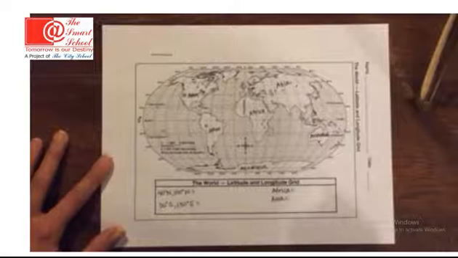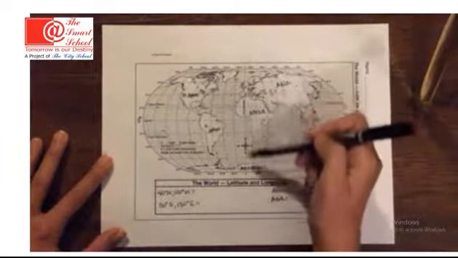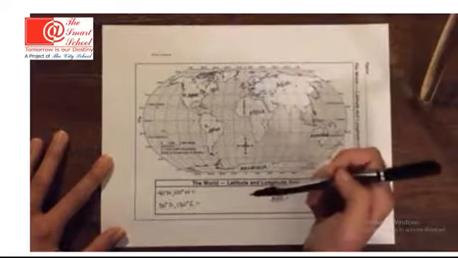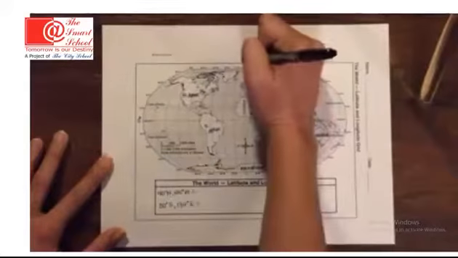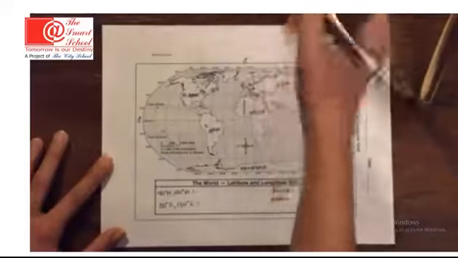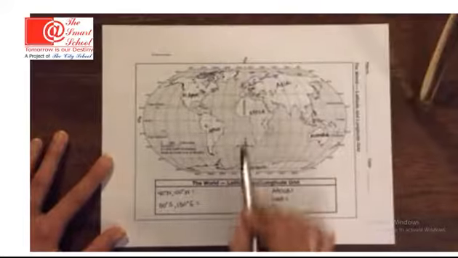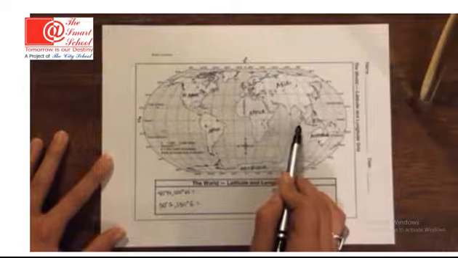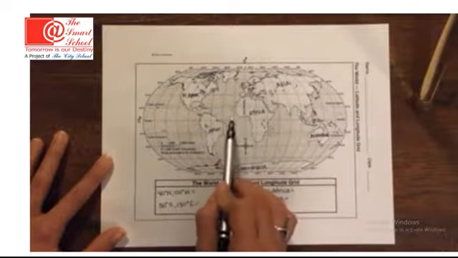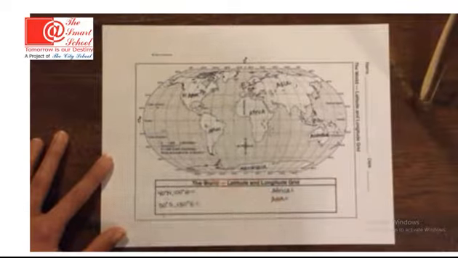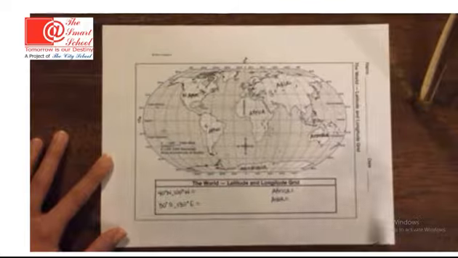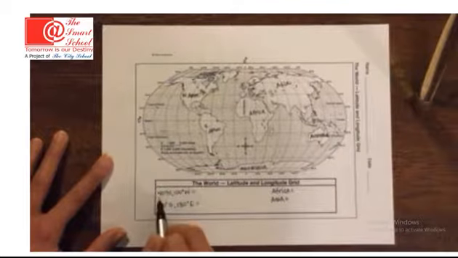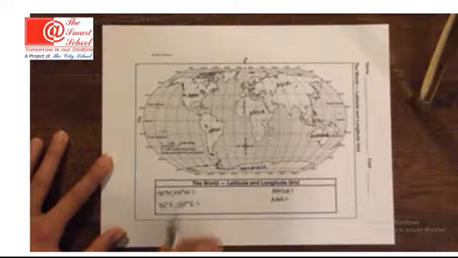For my longitude, I want to find the prime meridian, which again, if we're looking at a map of the entire globe, will be in the middle, and that's my 0 degrees longitude. Starting there, I'll measure east with my longitude lines, or I'll measure west with my longitude lines. So for a few examples, if I'm looking for 40 degrees north and 100 degrees west,